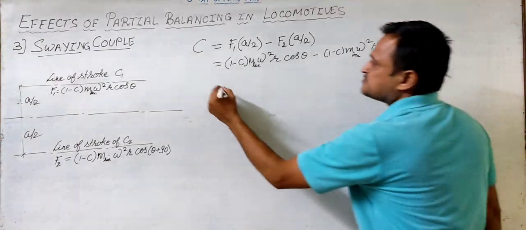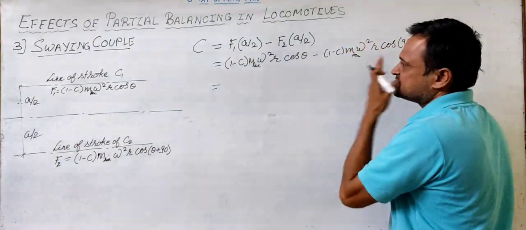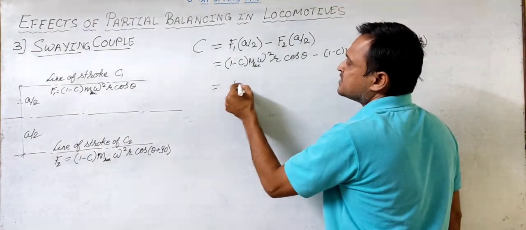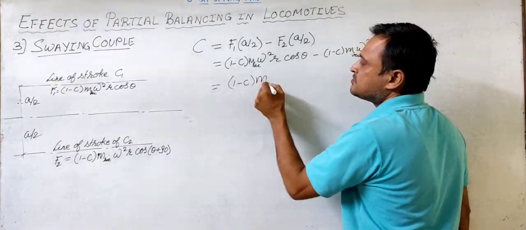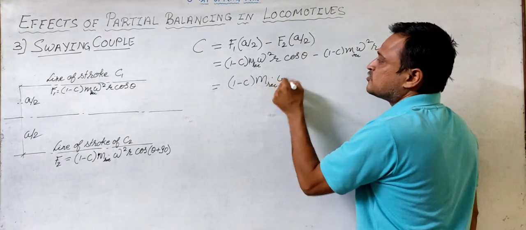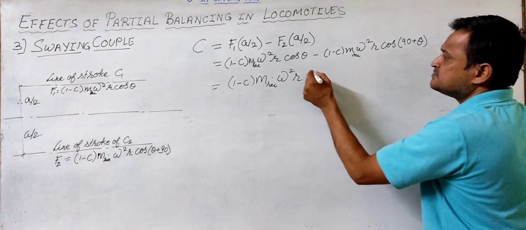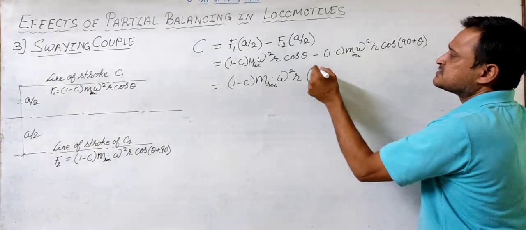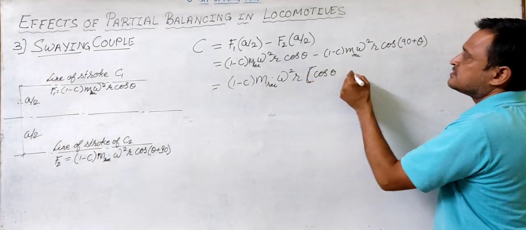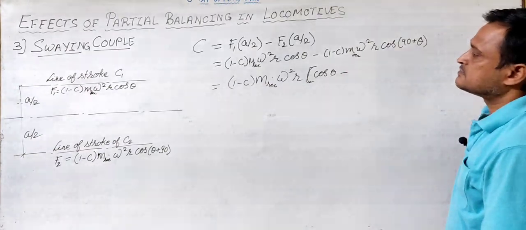Taking the common term (1 minus c) m reciprocating omega square r out,